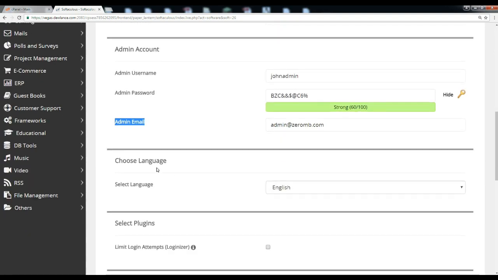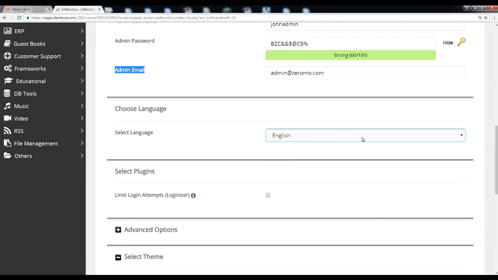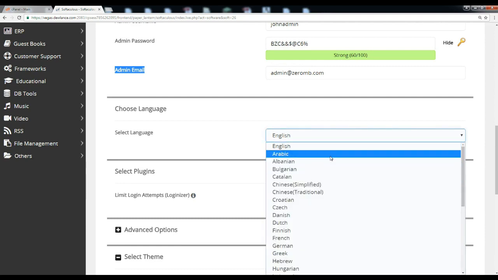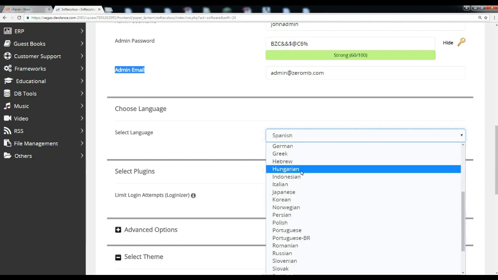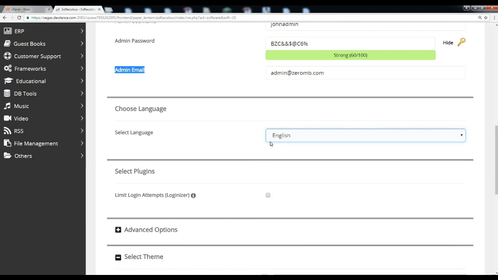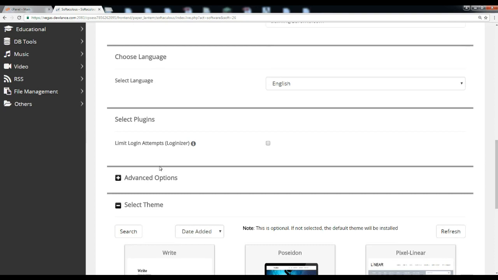Under choose language, select a language from the WordPress drop down, for example Spanish, or leave this as it is. Select plugin. If you want to install limit login attempts, then click this, else leave this as it is.